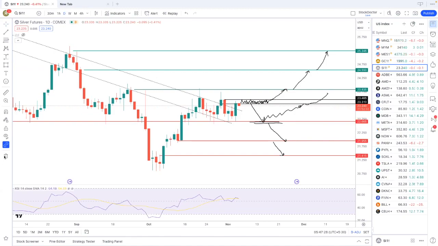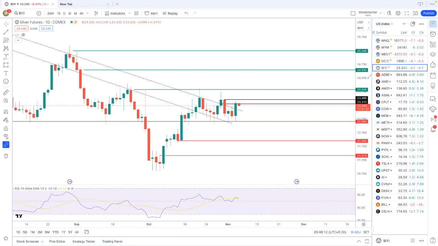So in a nutshell, for all these three indexes and these two commodities, I think there are two possibilities. Either they start on a straight note and go up, or they can do some time correction, take a pause after the big upside, and again start going up. So I am not bearish on any of these three indexes and two commodities, but I am seeing two possibilities: either a straight up move in this coming week, or a time correction after the big up move, some reversal, and then again continuation of the uptrend.